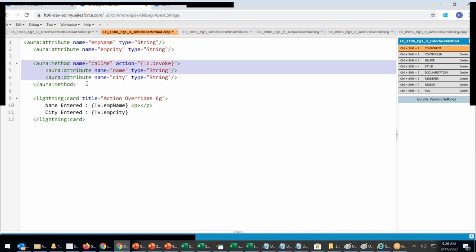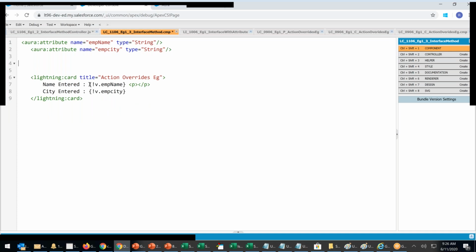I'm removing this because the method is already there in the interface. I'm copying and pasting so that I'm not writing again. Same 9th class, I'm copying and pasting so that you can recall the 9th class. Perfectly fine. Now, this is 1106.